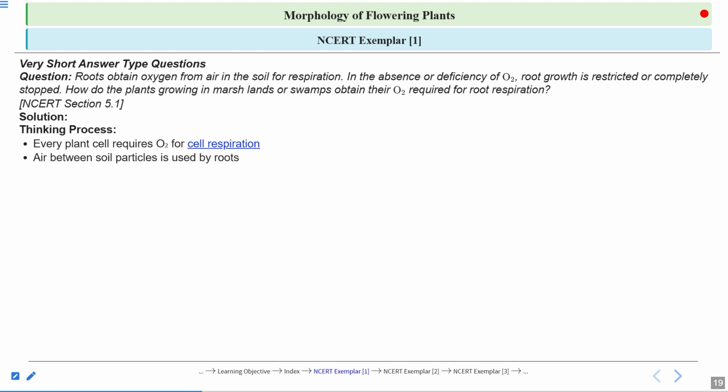Now, in between these soil particles, some oxygen gas is also present. So that is taken by the roots. That is also taken by the root hairs. So the plant in a waterlogged condition develops other ways to get O2. Now think about the swamp and the marshy land where all the water is present. In between the soil particles, what is present? Water. No oxygen is there. So how will they get the oxygen? The question is this, right? So they are giving a condition of waterlogging.